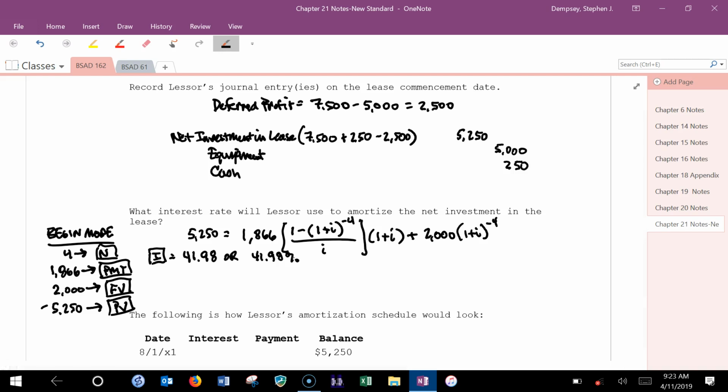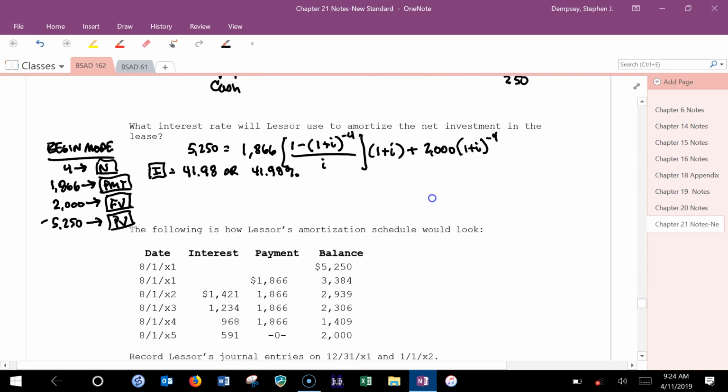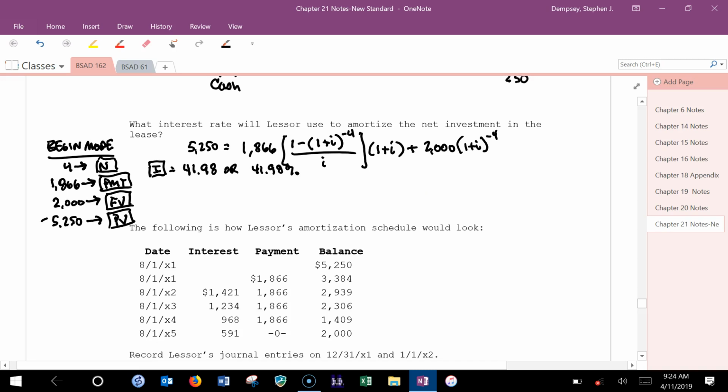So it's not just interest, though. They deferred the gain, and the reason this is so high, they're not even going to call it interest revenue. It's just going to be revenue. But it's at a 41.98% rate to amortize that gain. So we had a gain of 2,500 that's not recognized immediately, but it's going to be recognized over the period of the lease by using this really high interest rate. I'm calling it an interest rate, but it's really going to be the amortization rate for that net receivable. So get in your notes, the reason this is so high